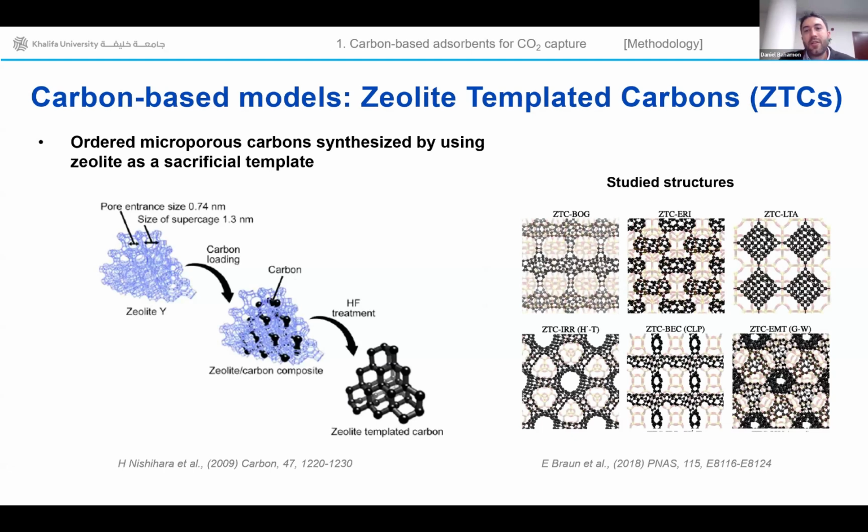Some of the studied structures are shown here. In black, you might see the zeolite-templated carbon, and with transparency, you might see the original zeolite, the crystallographic information of the zeolite. So you might see that basically you are getting the negative part of the zeolites, and you might see that, of course, you don't only have micropores in some cases, but also some, let's say not mesopores, but larger micropores that are in the original zeolite.